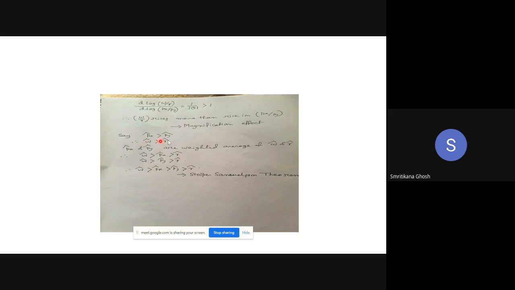And W hat is greater than R hat, so I can write Px hat in between W hat and R hat, and similarly Py hat in between W hat and R hat. So these two inequalities are coming, and if you arrange these two inequalities, as Px hat is greater than Py hat, you can write it this way: W hat is greater than Px hat is greater than Py hat is greater than R hat.